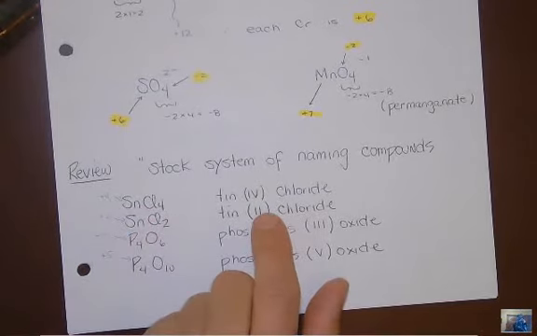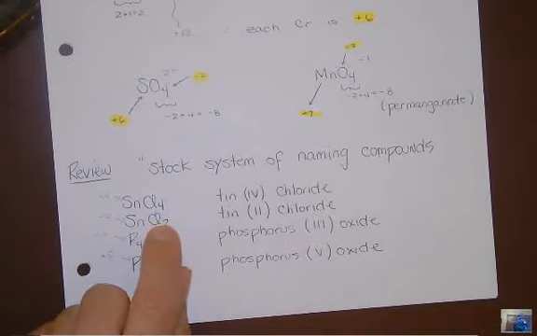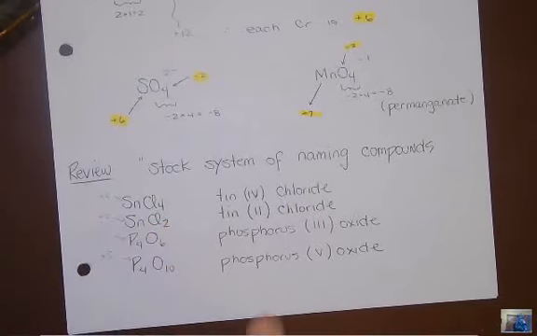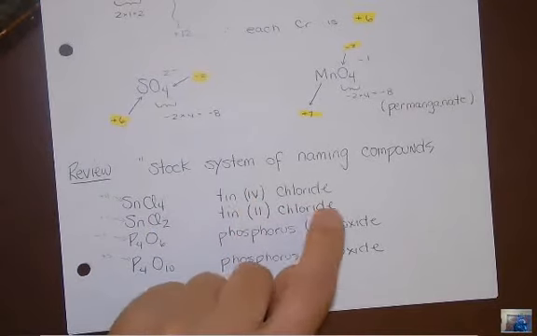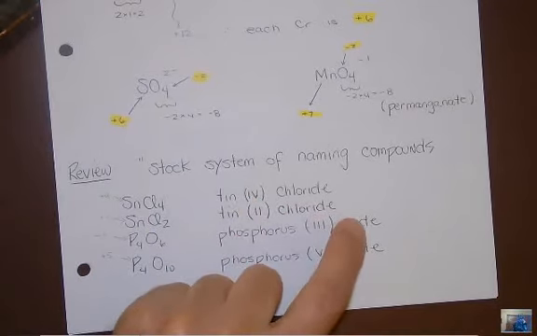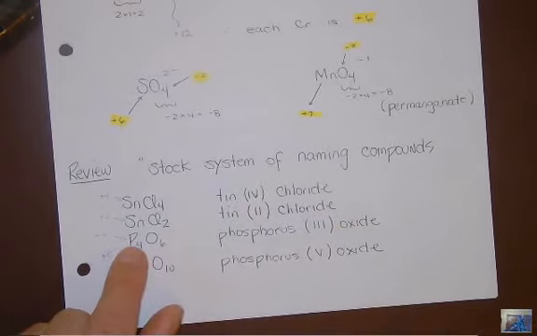Well, here's tin Roman numeral 2 chloride. Well, since there's 2 chlorines at -1 each, the tin's got to be +2 to balance it. Okay, phosphorus Roman numeral 3 oxide. Okay, so what's happening here is I've got